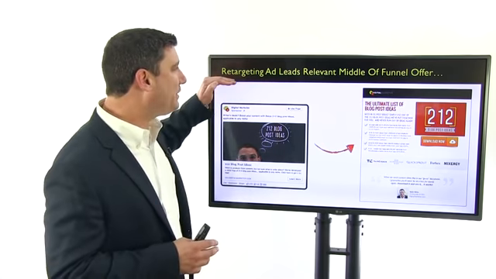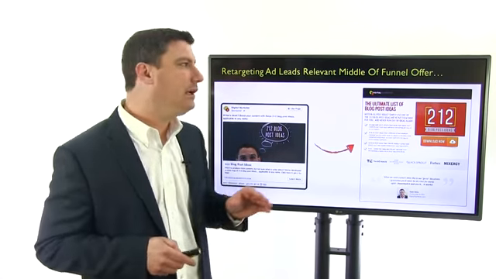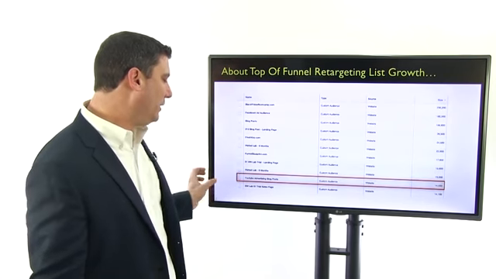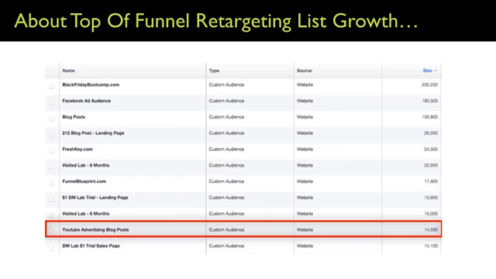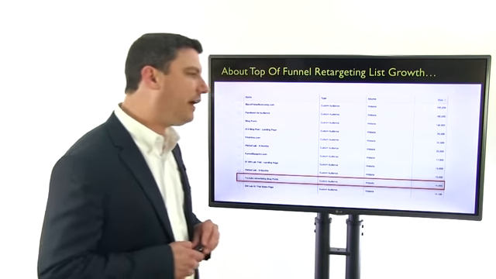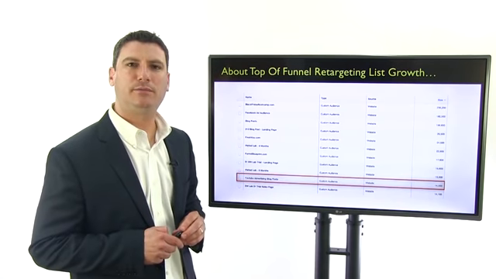But at the top of the funnel, I just want you to understand before we leave this section that we are interested in segmenting them. As you can see here, we've got a custom audience inside Facebook that has visited. You see along the bottom there, I have that red box that says YouTube advertising blog posts. We have 14,500 people in that audience that we can now advertise to